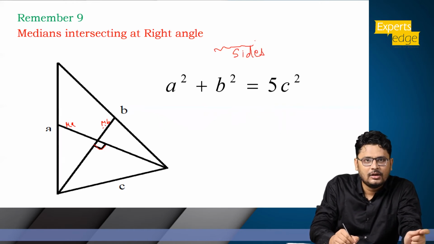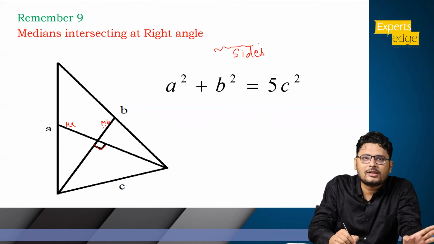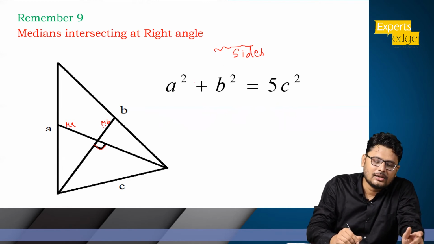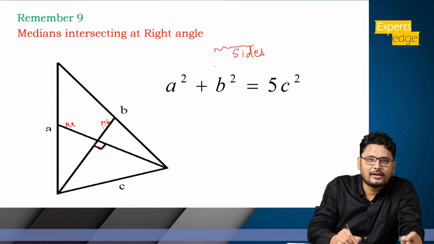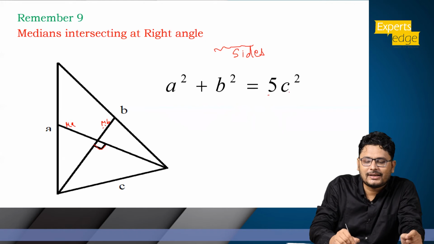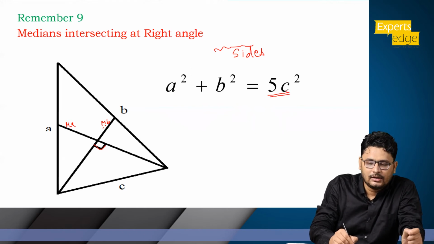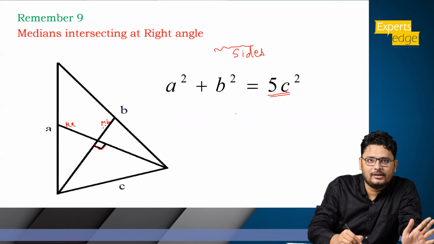The earlier formula which we did is for the medians where the vertex was at 90 degrees. In this case, the two medians are intersecting at 90 degrees. So what it says is, A square plus B square should be equal to 5 times C square. C is the length opposite to the 90 degrees. Okay. Now,